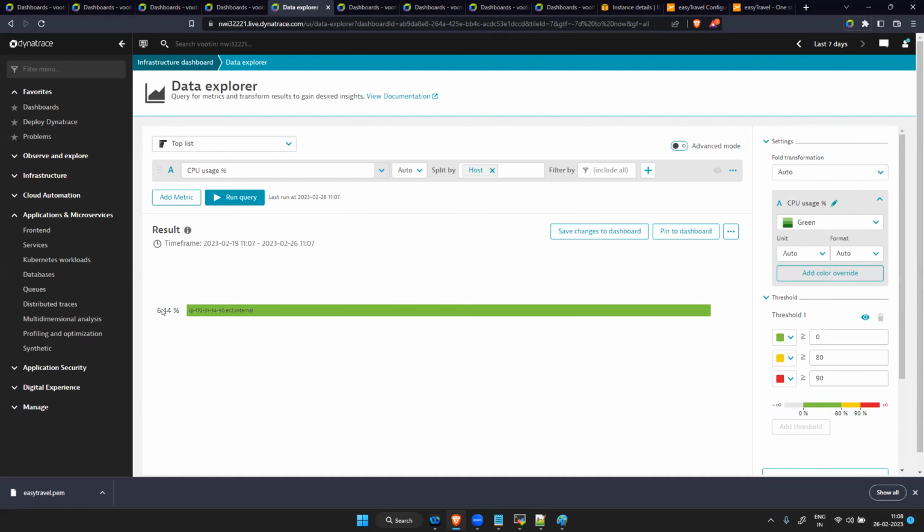And we have 6.44%, right? If you do that, 6.43% is the unit format. If you keep 0, then it will take only the integer value. This we can do, and save changes to dashboard. Is that clear? Here, if you want it for a particular host or particular service, you can filter